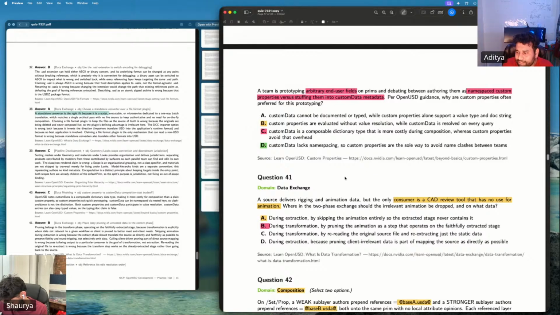The animation is dropped during transformation by pruning the animation as a step that operates on the faithfully extracted state.